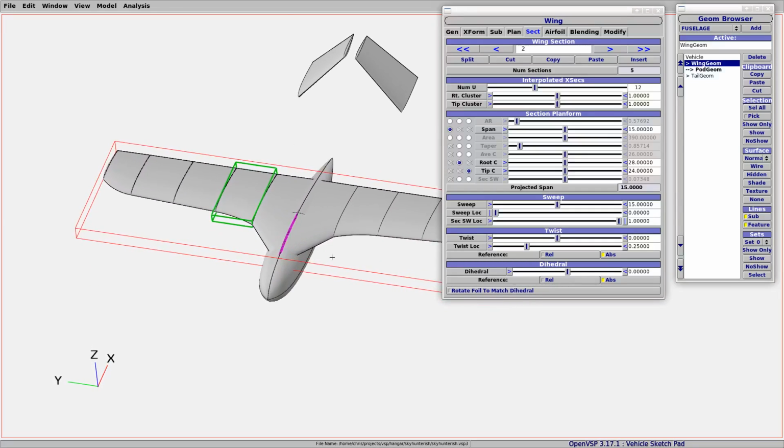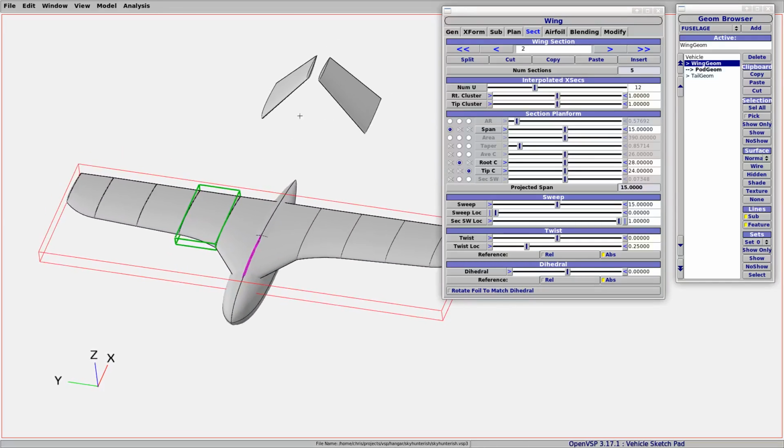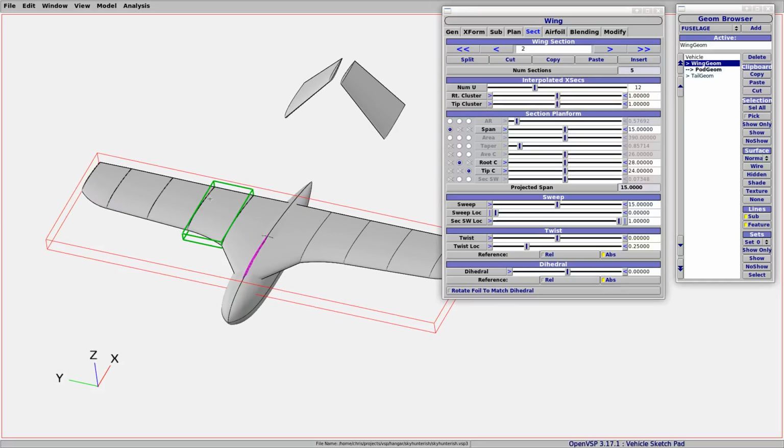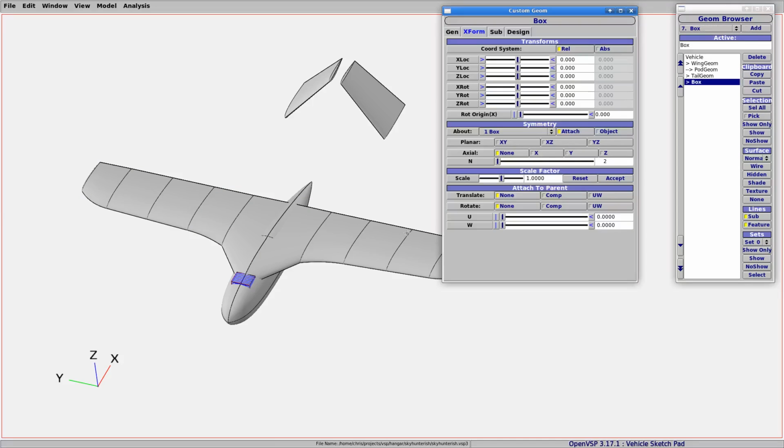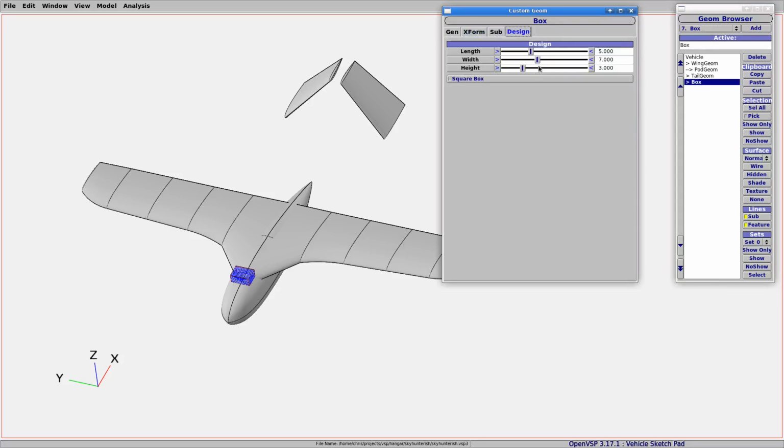And the other reason is that you can then measure things in the real world, for example batteries and servos and spars and things that you might want to put in here and visualize to see how they're going to look. For servos and batteries, what I've done recently is you can put in a box like this. Oh, add. Got to click add, don't you? Okay, so we have a box there, and we can change the sizes of it like this and just sort of figure out